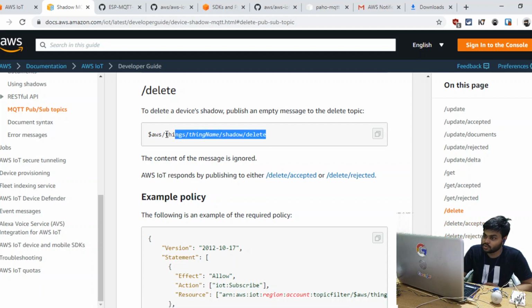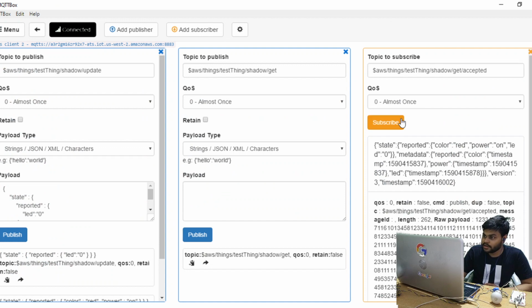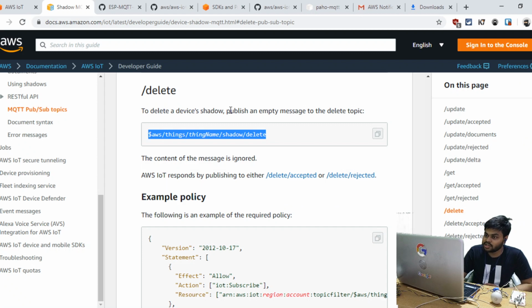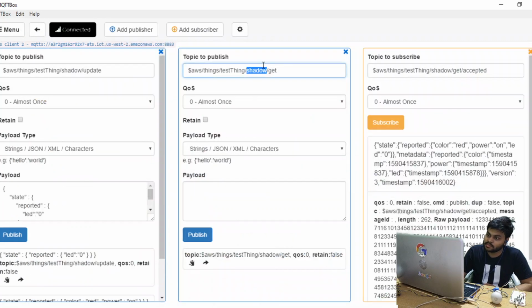this can also be viewed like this. So this is the topic and we need to publish. What we need to do here is delete a device shadow: publish an empty message on this topic. Fine. So test thing, just rename it here to Test.